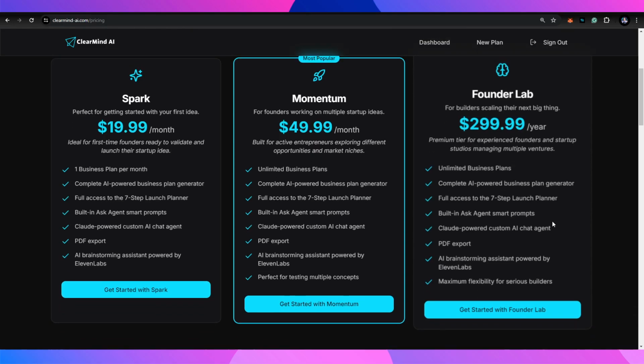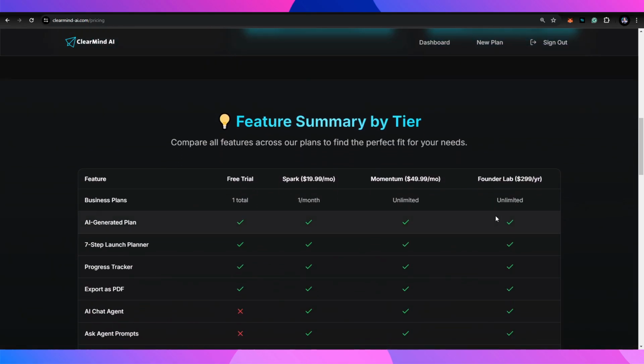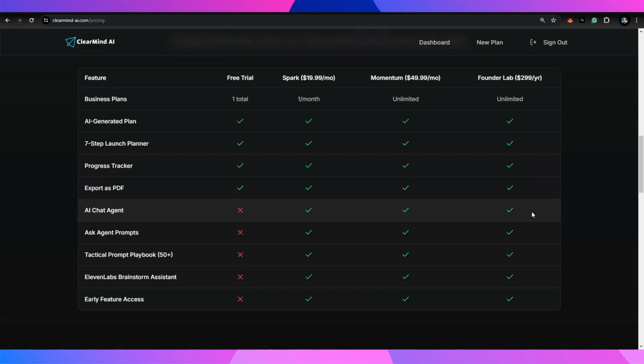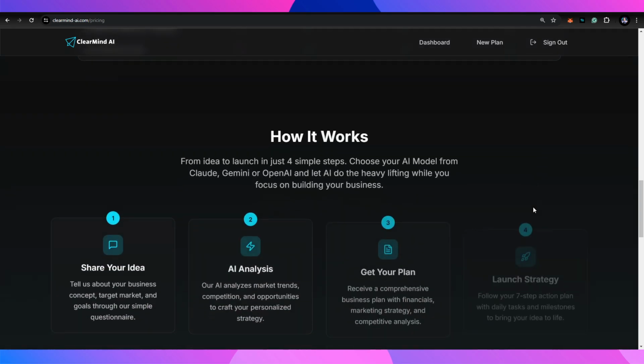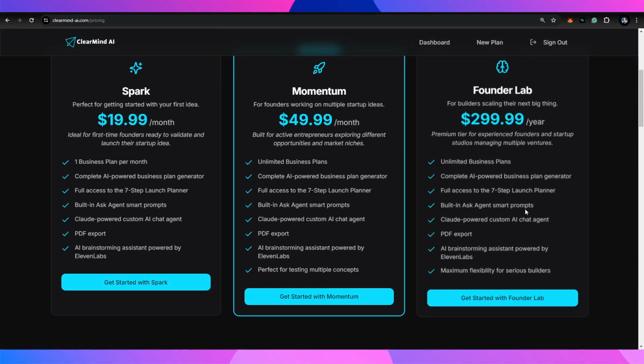Then we have our Founders Lab. This is our yearly price. You can create any plan for an entire year and get all our AI applications for $2.99. And for the people who were asking how it all breaks down and what makes sense, we created an entire pricing table for you to see what functionalities and features you get with each plan. Here is the table broken down for those of you who are listening, watching, or provided feedback, to make the pricing easier to understand and to show exactly how it works.